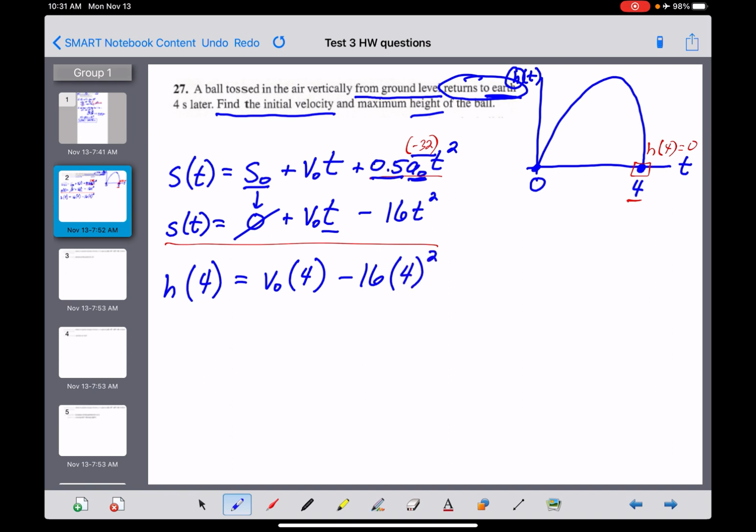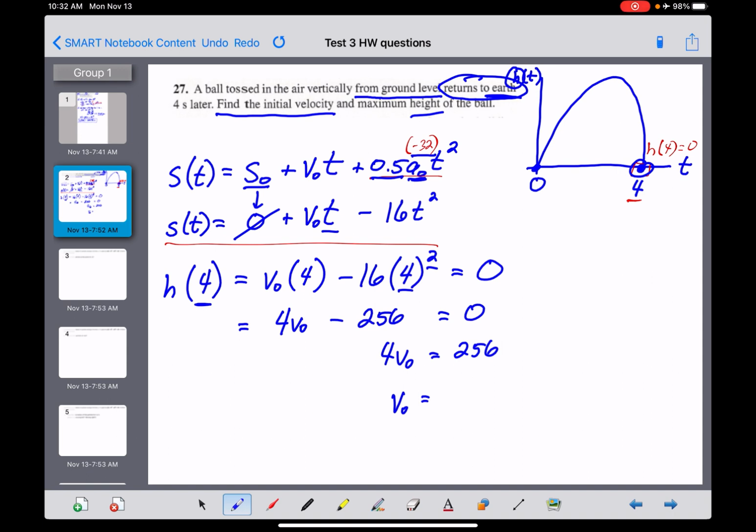And now, let's finish that sentence. We know that at t equals 4, our height is 0. So there's the equation that we have here, guys, and there's really only one unknown in it. We've got 4 V naught minus 4 squared, which is 16, times 16 is 256, and all of that equals 0. So 4 V naught will equal a positive 256, and we'll divide both sides by 4